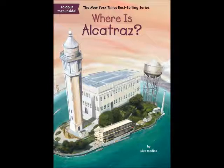Cell house tour. The cell house at Alcatraz contained 4 blocks of cells. Each cell block contained 2 rows and 3 levels of cells. Long corridors separated the cell blocks. The inmates nicknamed some of these walkways after famous streets and landmarks in New York City. Broadway, which separated B block from C block, led to Times Square, where a clock hung on the wall above